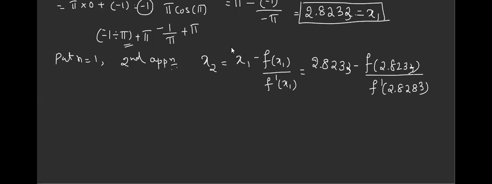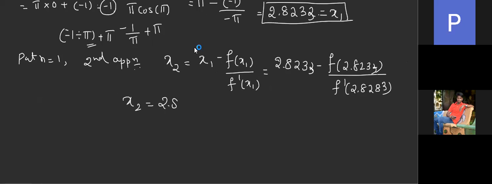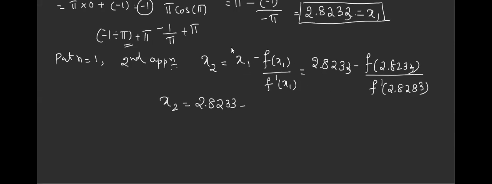Okay, you are also right. Take it as 2.8233. Keep it in radian mode only, don't change. You know now how to take it. So where I have taken pi, you take it as 2.8233. Now f dash of 2.8233, ma'am.